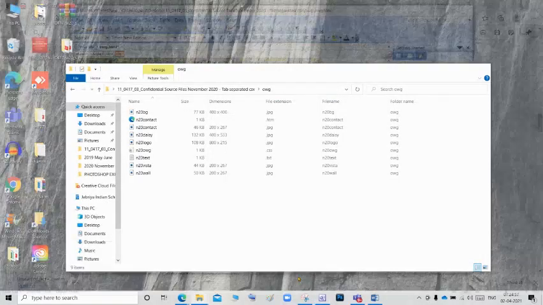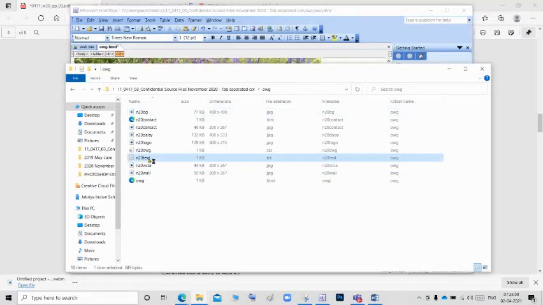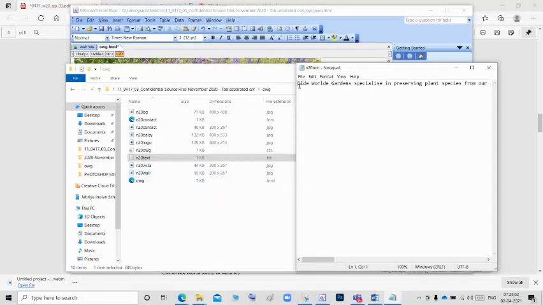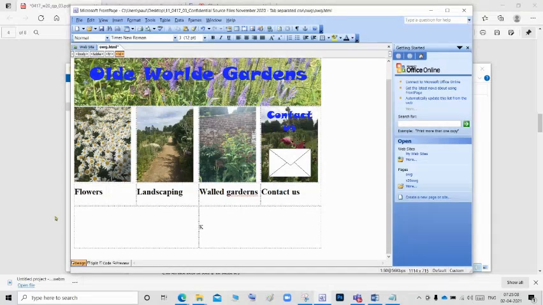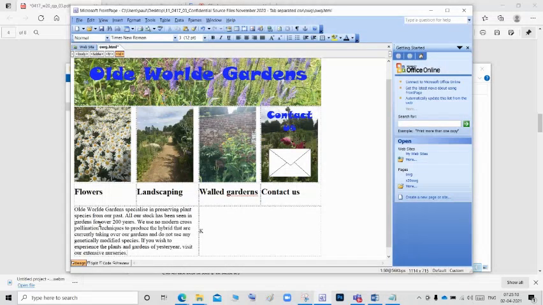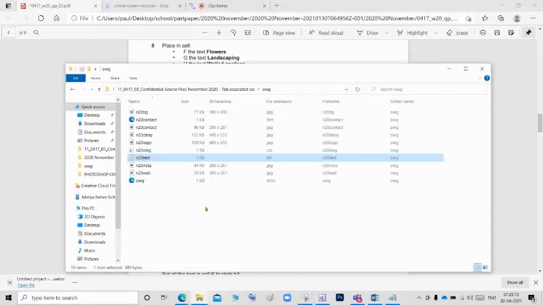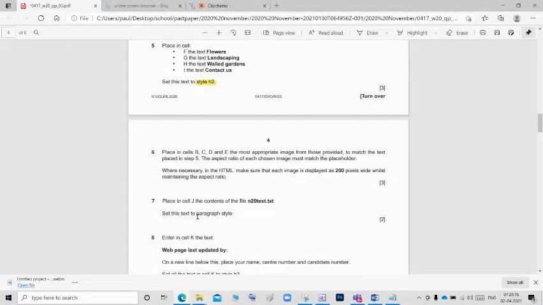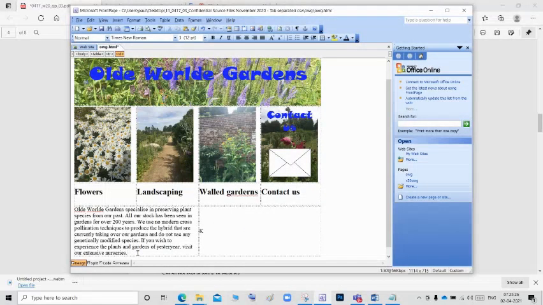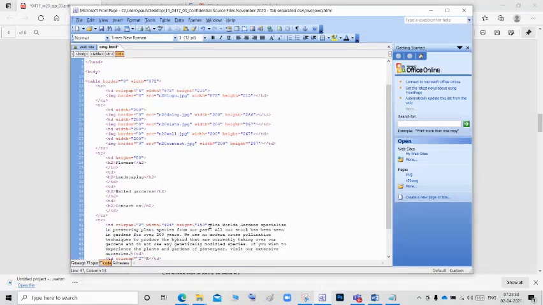So open the folder that is the text file, open this and copy this and go to the J, Control V. Next, set this text to the paragraph style. So we are going to give the paragraph style for the text. Go to the code and see this is my paragraph.